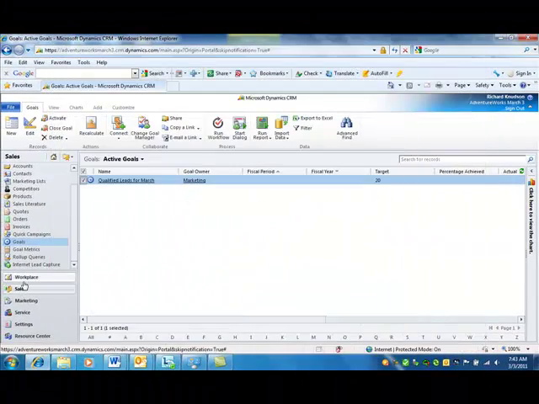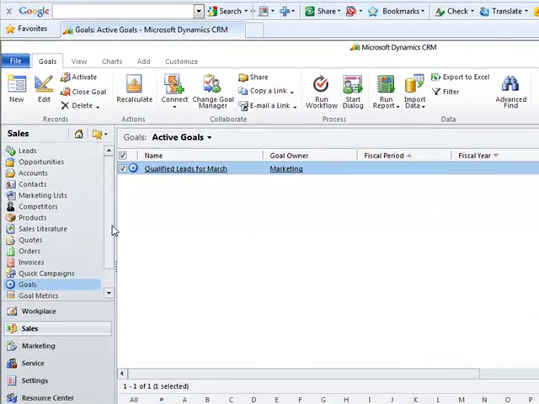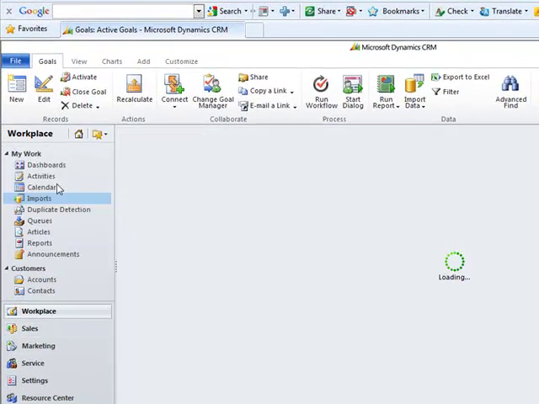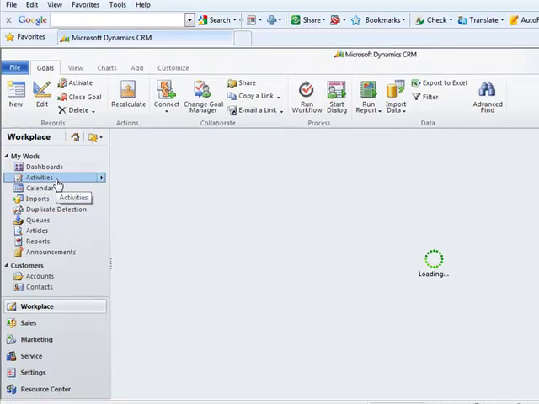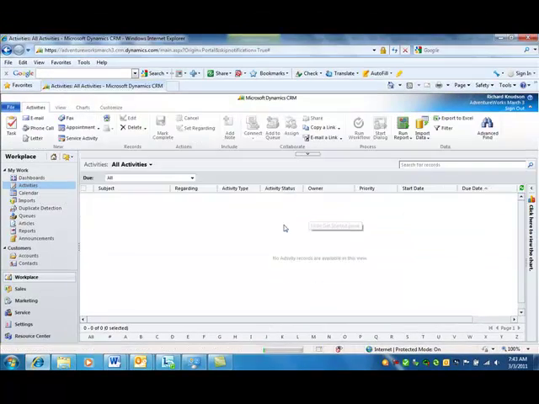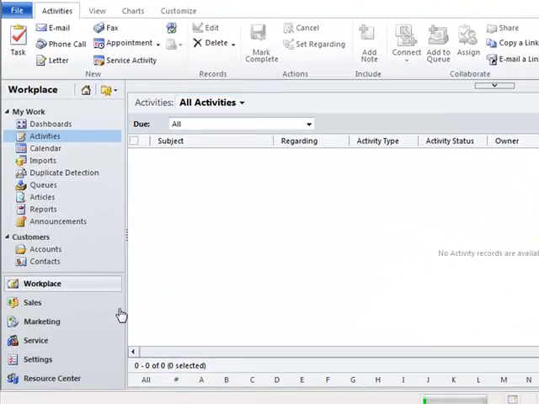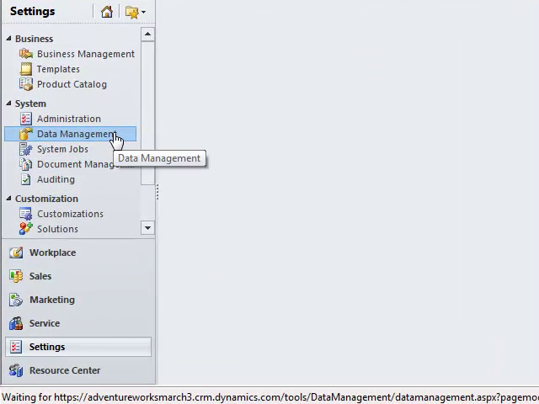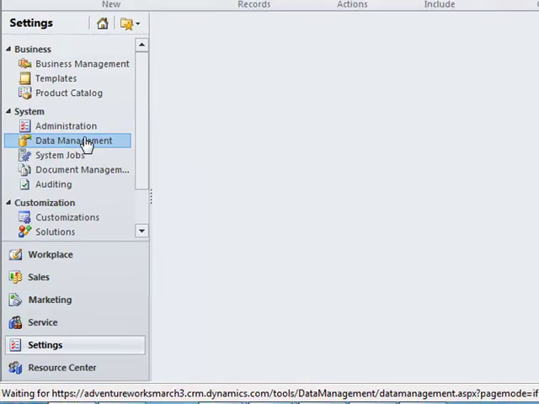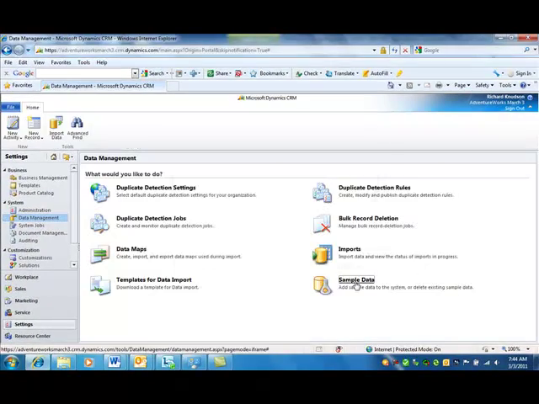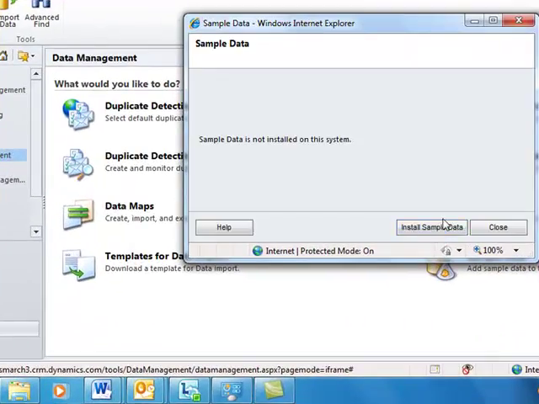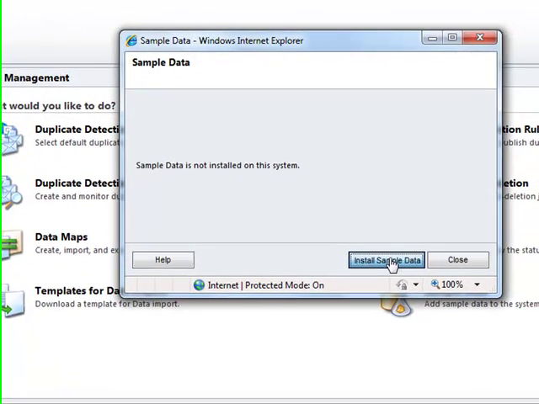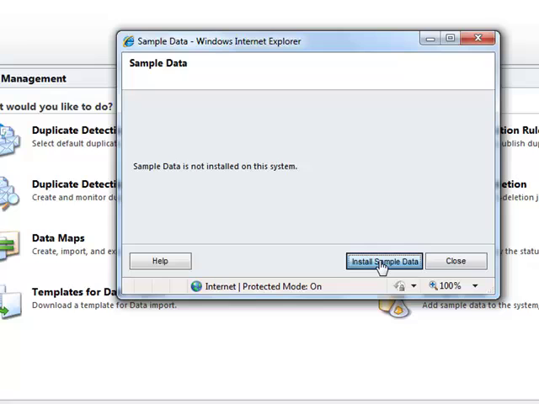And so what you might do, if you've got the sample data set installed, you could go to Workplace, Activities, and you select all activities, but we can see we don't. So what I'm going to do now is go to Data Management and turn on sample data. I turned it off to do the import, although it could work either way, but I'll go ahead and turn it on now so we have some sample data there to work with. So I'll install the sample data, and when this comes back,